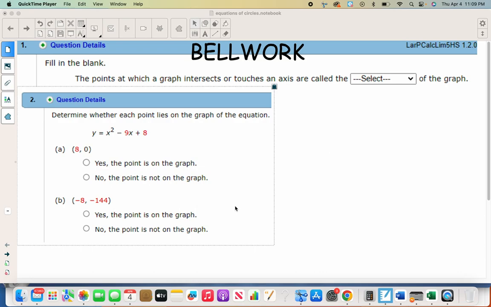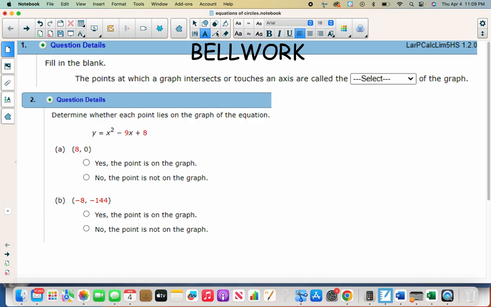There's three questions, right? The first one says, fill in the blank. The points at which a graph intersects or touches axes are called the blank of the graph. And this is a specific word. And whenever we have a graph like this, right,